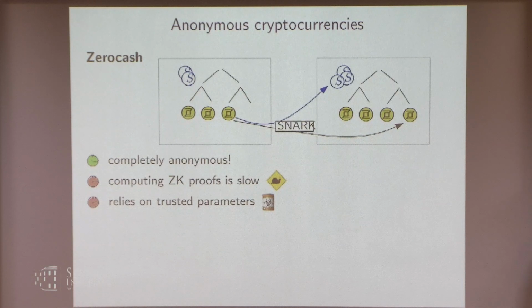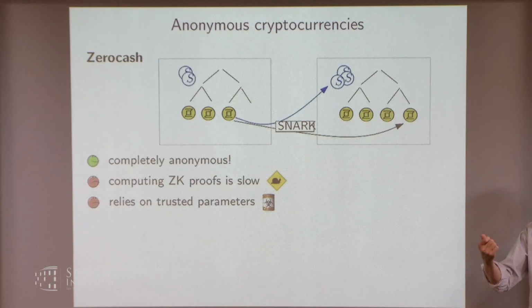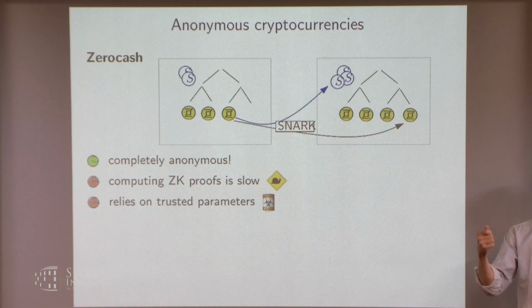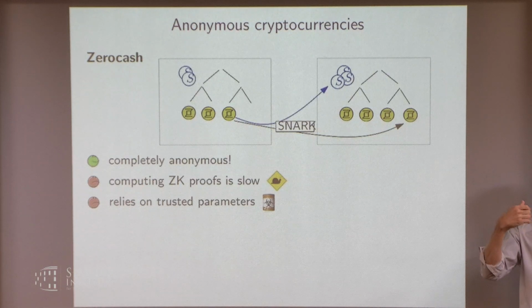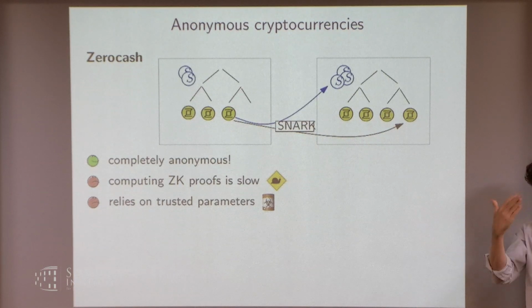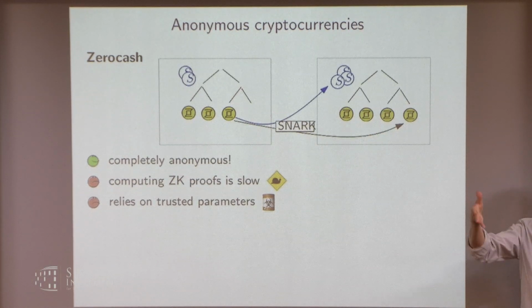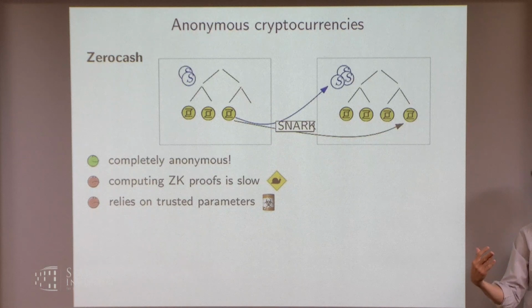Yeah. So the problem is that this trusted reference string with respect to which these non-interactive proofs are made has a certain form, and it has a form that you can only compute if you know some secret value, which unfortunately, if you know that secret value, also allows you to prove false statements.